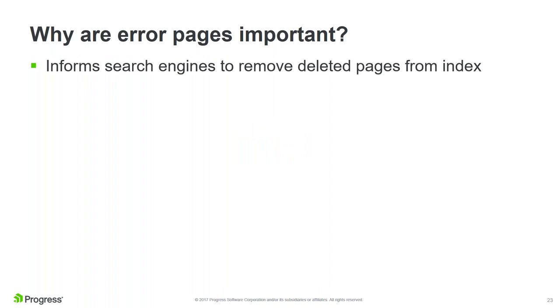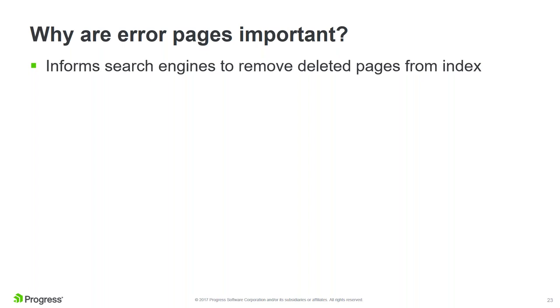So one of the roles of an error page is to inform search engines to remove deleted pages from the index. It does this when it sends the status code through in the page header. Sometimes if you don't configure Sitefinity correctly, it could actually be sending a status code of OK rather than a status code of page not found, things like that. So setting up error pages in Sitefinity is really important for search engine optimization and making sure pages are appropriately